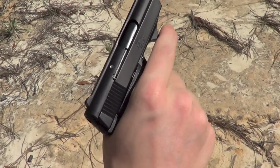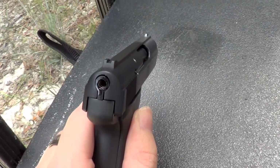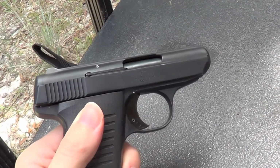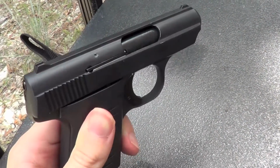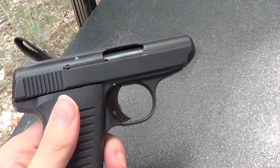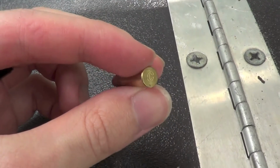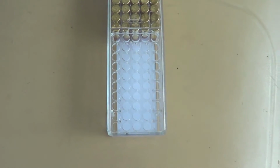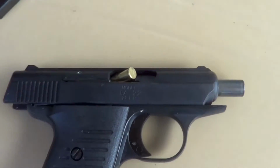We have an issue. Wow, so it actually chambered around. Firing pin went off, but the bullet didn't go off. There's no mark on the back of the bullet where the firing pin would have hit it. On the last of the first 50 with no oiling, you gotta,